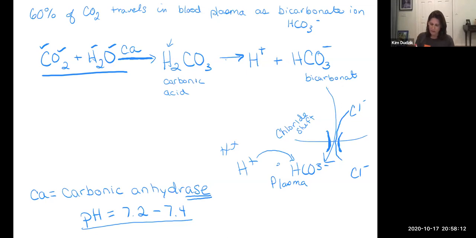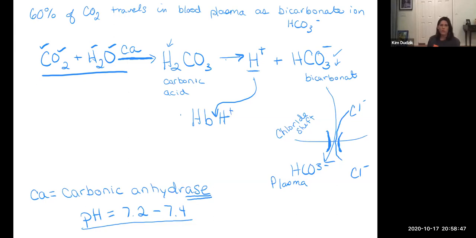The other thing that can occur inside of the blood, I'm going to erase this for a minute, that can occur inside of the blood cell is because now when we release this bicarbonate ion and it goes out, look, we're left with that hydrogen ion. Now the blood could become acidic. So it doesn't do that though, because the other thing we said is that hemoglobin can attach to carbon dioxide. Well, it can also attach and carry the hydrogens. And so by carrying the hydrogens, it prevents the red blood cell from getting too acidic.